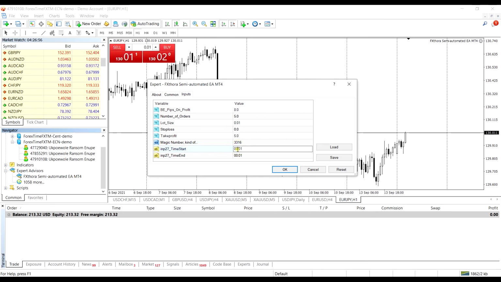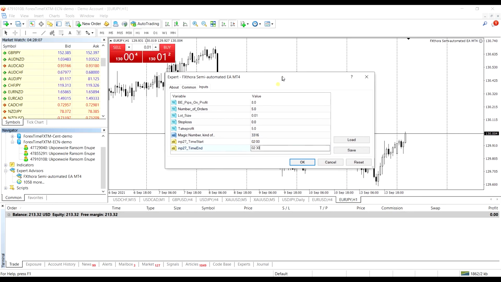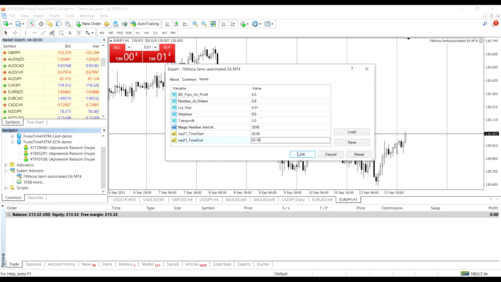So for this, I'm going to use 2 o'clock, that's 2 a.m., and for the end time I'm going to use 2:30. So it's presently 2:27 a.m. in my location, and I want to be buying this market till 2:30. So in 3 minutes time, after I click OK, the EA will terminate and then send us our email report. So I'm going to click OK,